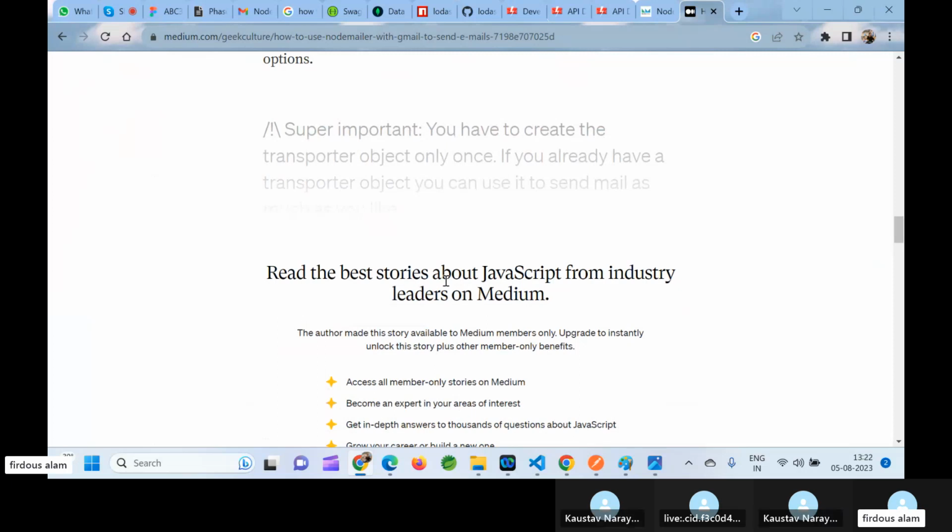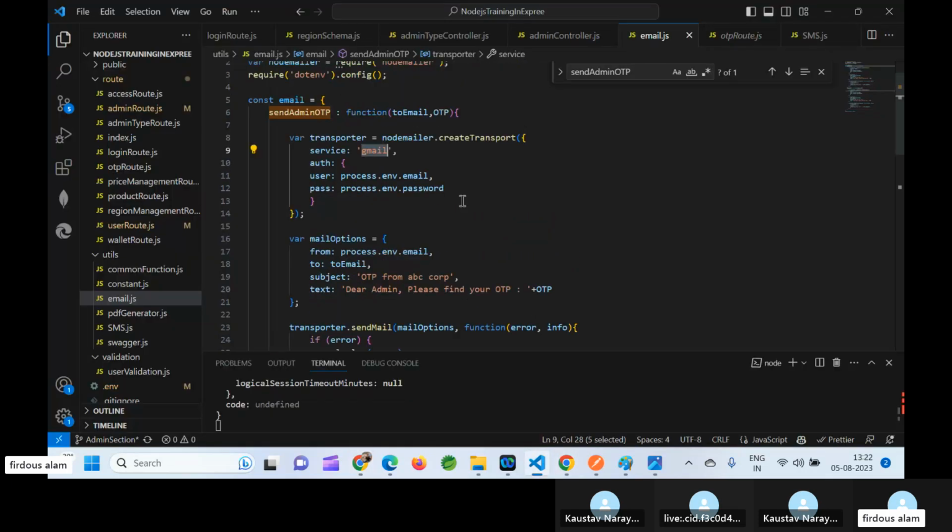SMTP means the protocol for sending mail, which any server has. Unless you have an SMTP server enabled in your system or inside your server, you cannot send mail. So if you want to send mail from your server, you have to first enable SMTP for the server, and then only you can send mail. So this is the code which we get